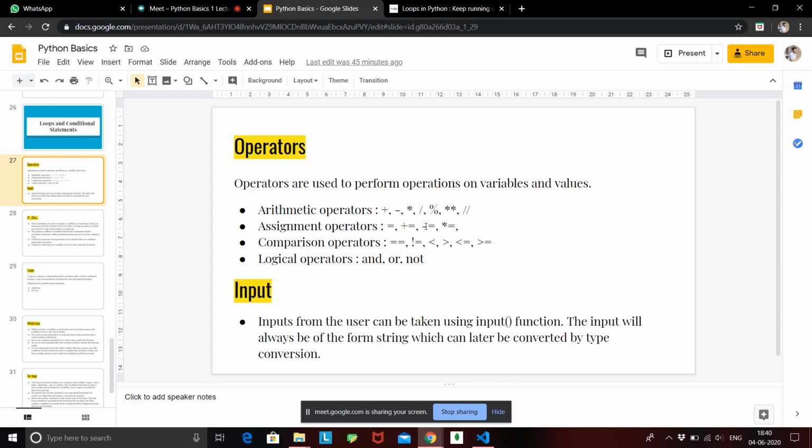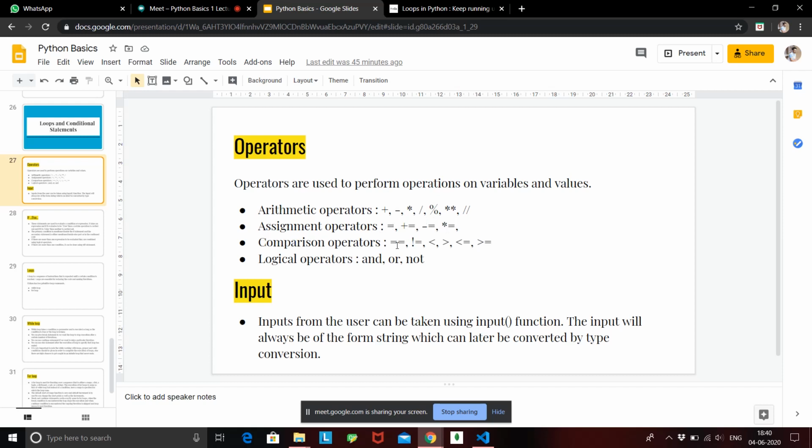So now plus equal to, minus equal to, and star equal to, what are these assignment operators? Suppose I write a plus equal to 10. What it will do is a equal to a plus 10. So basically this will take the variable itself and add the given value to it. We'll see an example shortly. Just know that these are assignment operators.